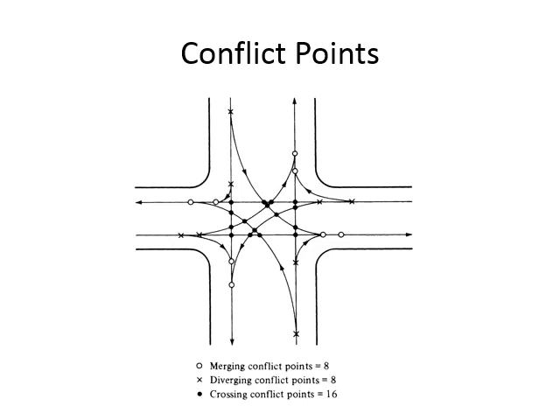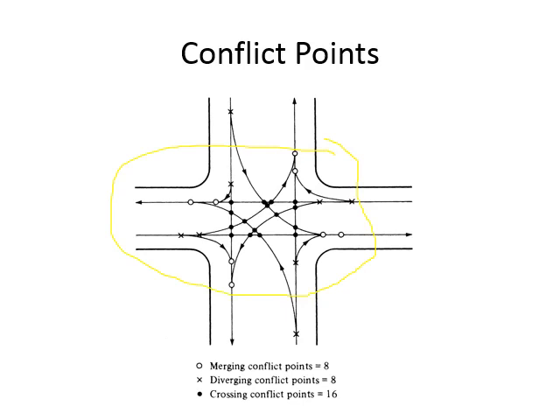Then we said we will try to decrease the number of conflicting points between traffic when you are providing channelization, when you are designing an intersection. Try to make sure that the number of conflicting points is reduced. So first of all, you must know how many conflicting points you have and what type of conflicting points you have. A conflict point is a point where vehicles from two streams are meeting each other. You can see all the points marked in this figure are basically conflict points.